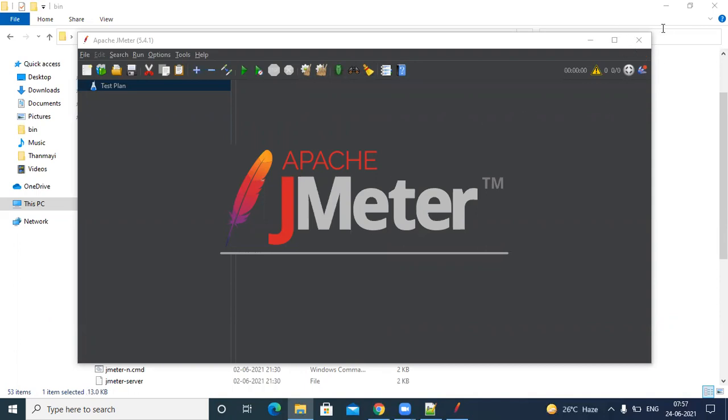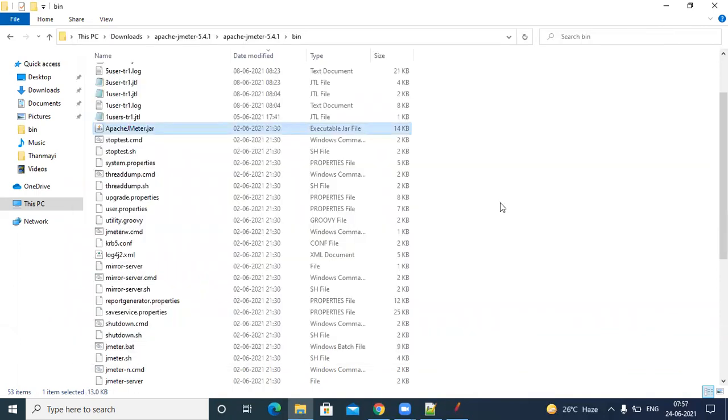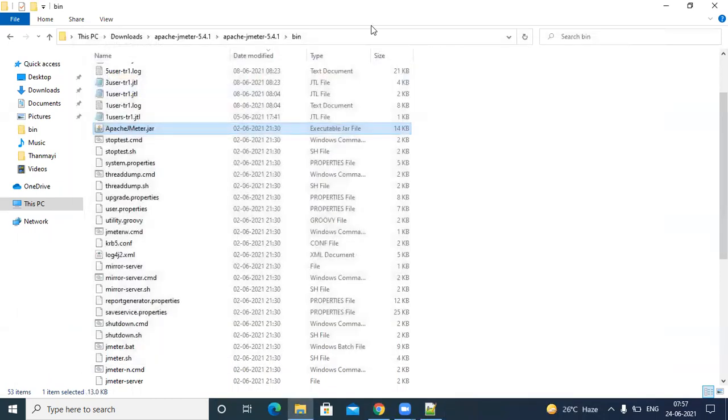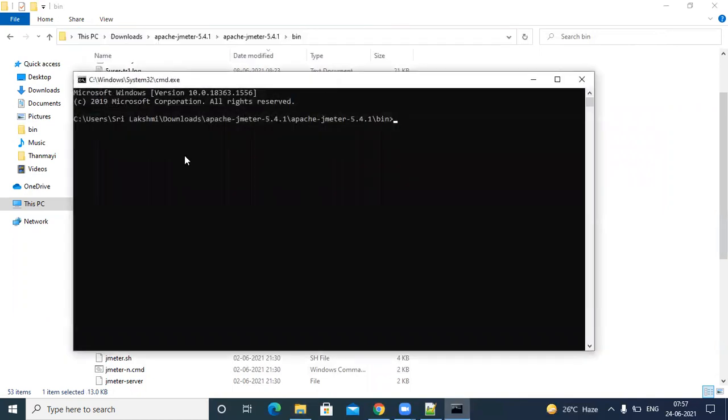The other way of opening JMeter is, let me close this. You can open a command prompt from here, CMD. So instead of opening CMD and giving the location, I'm directly opening CMD from here. Now we are in that location.